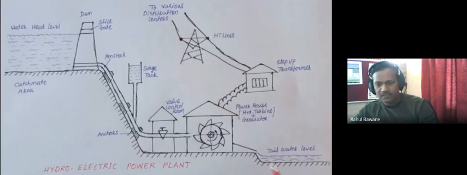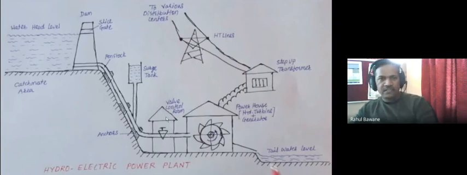Then power generation is flexible in terms of it can be easily started. How easily? If I open the valve, high pressure water automatically comes, it is converted into a high velocity jet, and it directly moves our turbine. We do not require any starter or anything. In a thermal power plant, we have to wait: the boiler will generate steam, it will reach a particular pressure, and then our plant will start. But here it can be easily started and easily stopped. So that is the flexibility we have.